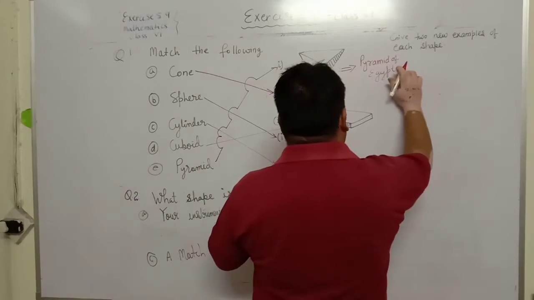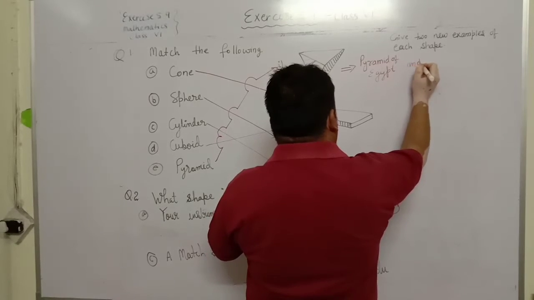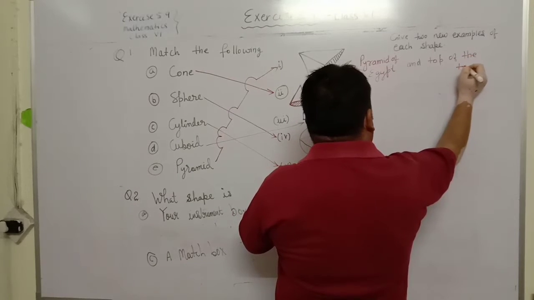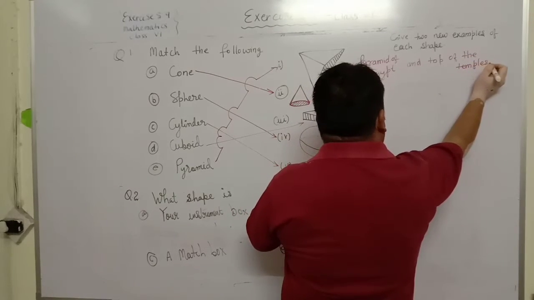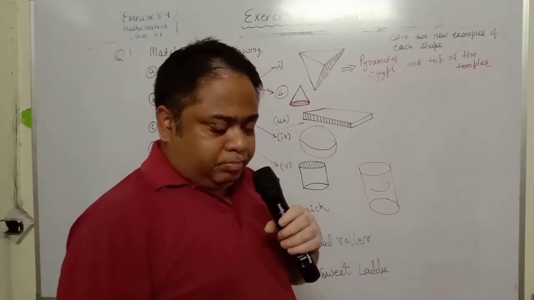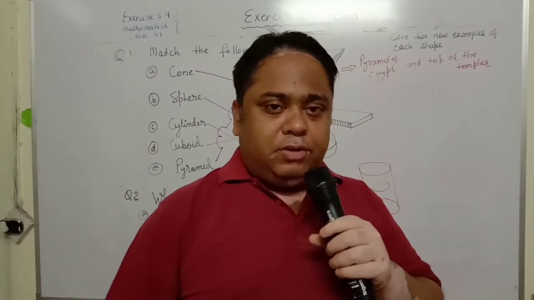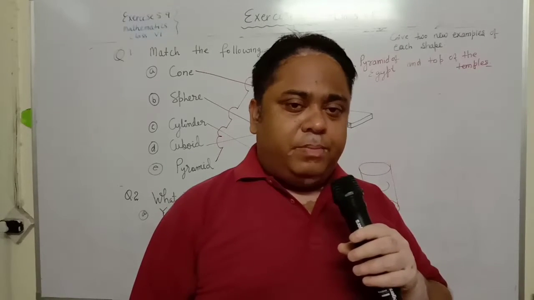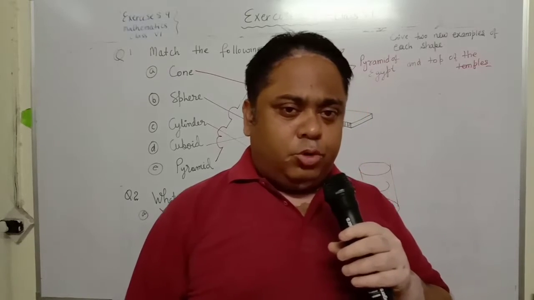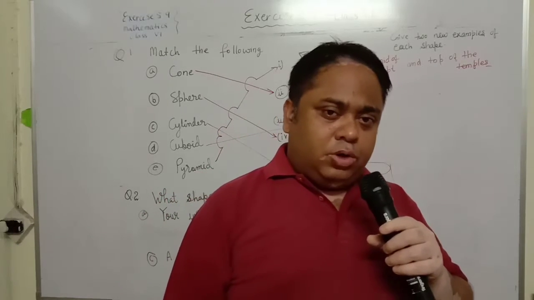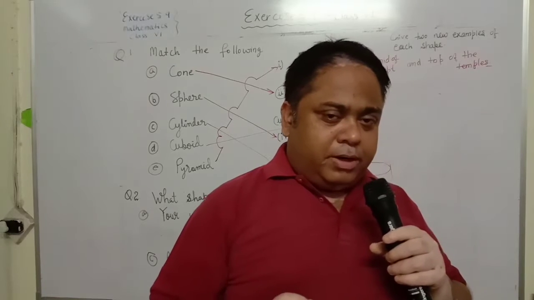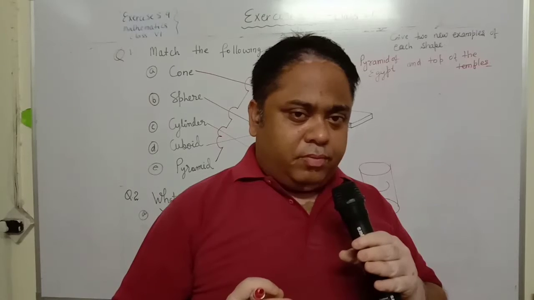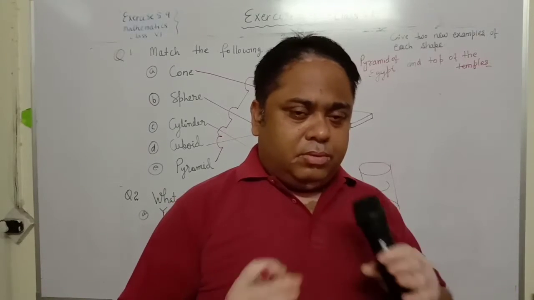Another example can be the top of the temples. Particularly in case of temples, you will find that the top of the temple, that means the roof, is made in the form of a pyramid, not in the form of a dome in general, but it could be in the form of a dome or hemisphere also. But if you will see, most of the temples are pyramidal in shape.